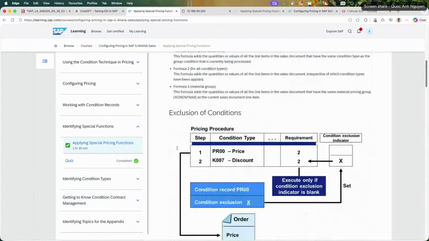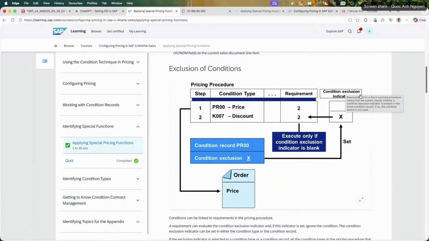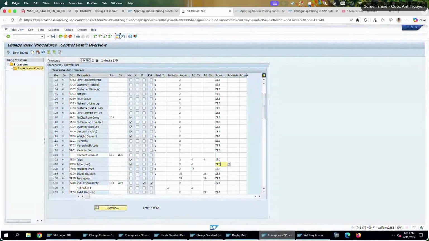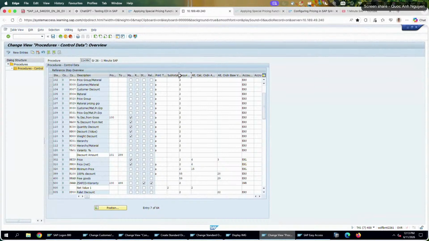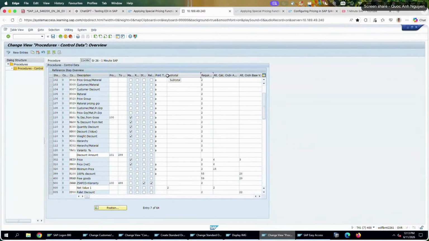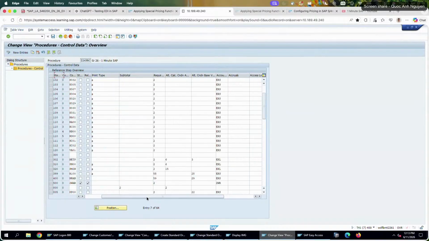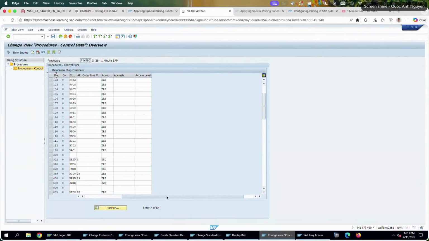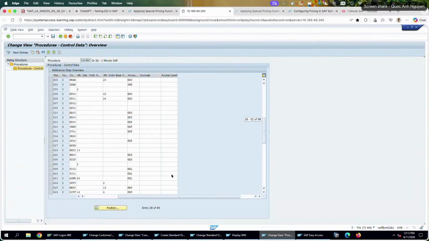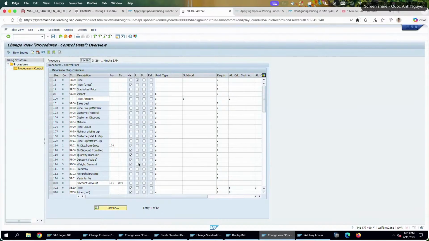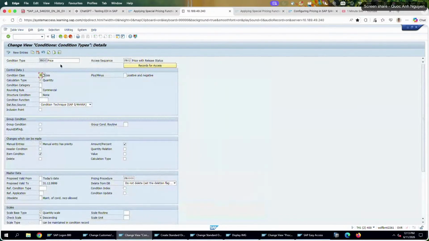I think previously they also showed us this condition exclusion indicator in the pricing procedure, but as you can see here in the pricing procedure, I don't see any particular column related to an exclusion indicator. I think the only place where we can check it is inside the condition type, where we have